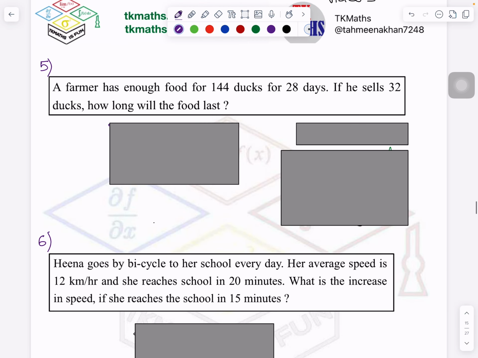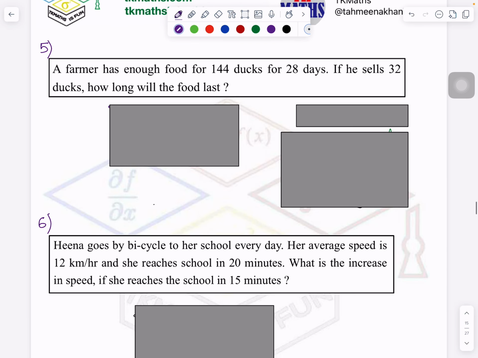Now there are 2 questions which I have already solved, and you can try them and then I will show you the solution. So put the video on pause, because mostly students say, Miss, please give questions for us to also practice in the video. So this is the reason I have done so. So I'm showing you the answer, and there is a little trick in both the questions. So you have to be very careful.